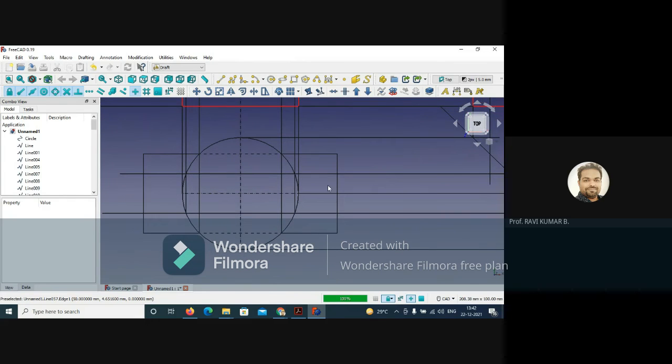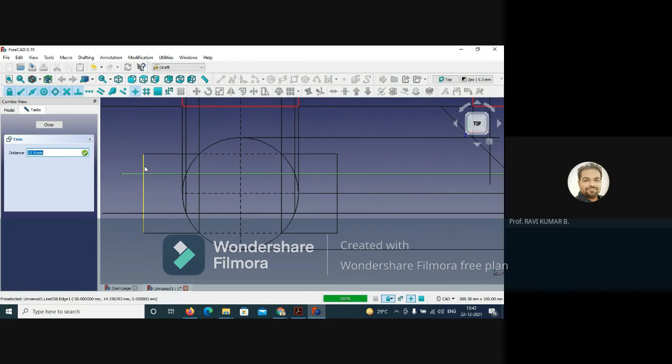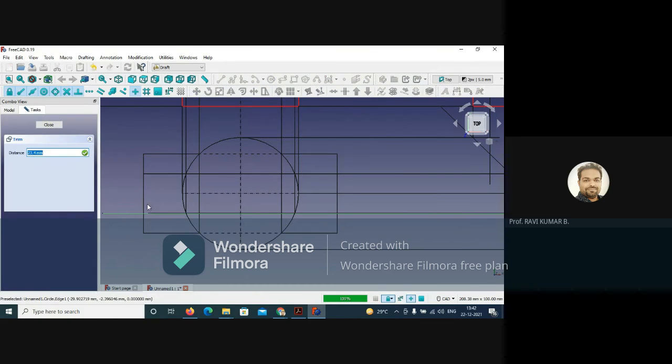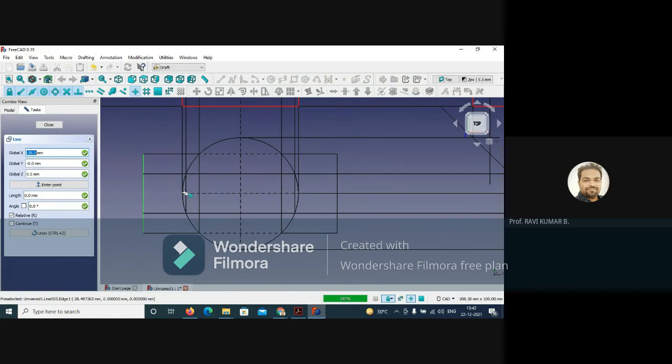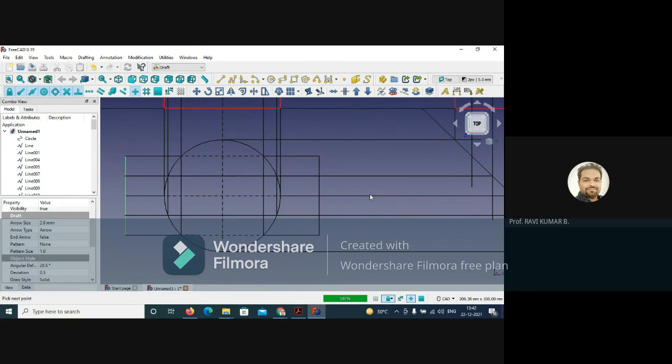Now what we need to do, these projection lines need to be limited only up to this edge. So no problem, you take this line and extend only up to this edge. Take this also and extend up to this edge, and one line needs to be drawn over here because this is a visual edge. So you can take from this point and up to this point. Okay,